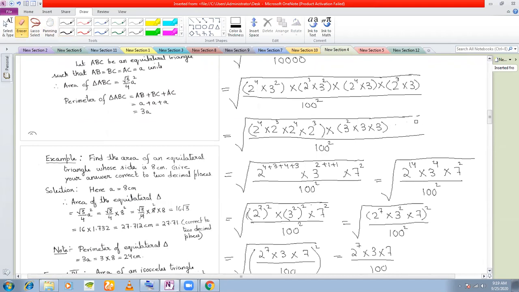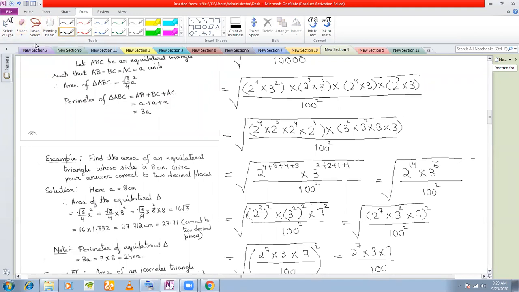So this 7 square goes. There will be no 7 square. Okay, so you only have an extra 3 square. We add an extra 3 square here: 3 square into 3 square into 3 into 3. This is what we have. Okay, so now we add up the powers. 2 is fine, and 7 has to be removed from here. And if you add up the powers, what do you get? You get 2 plus 2 plus 1 plus 1. So here you simply get 4, 5, 6.